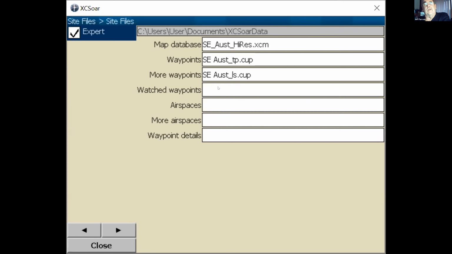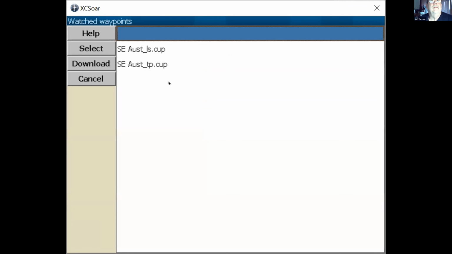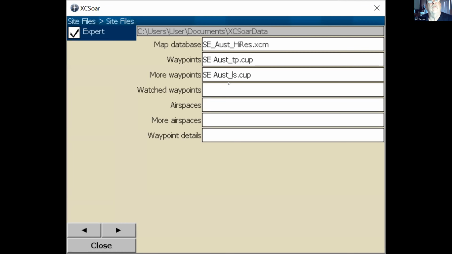So useful for things like passes in the mountains where you want to know whether you can get through the next pass or not. You could have those listed in a file. I haven't got any put in there at the moment specifically. They've all just gone in under the turn point file at the moment, so I won't bother.